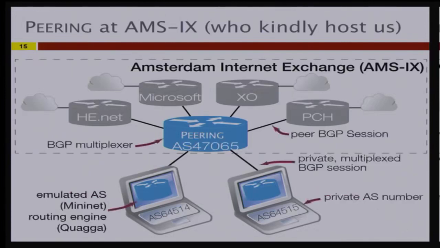So what that means is that the peering router essentially acts as a multiplexer, allowing multiple experiments to run behind it. Each of these experiments will use a private AS number to establish a peering with the peering router. The multiplexer will then transparently provide them with connectivity to each of our actual peers. And then in my experiment, I can run whatever topology I want, which we emulate using an extended version of Mininet, which is an emulation environment. We can peer using, say, Quagga to establish that peering session.